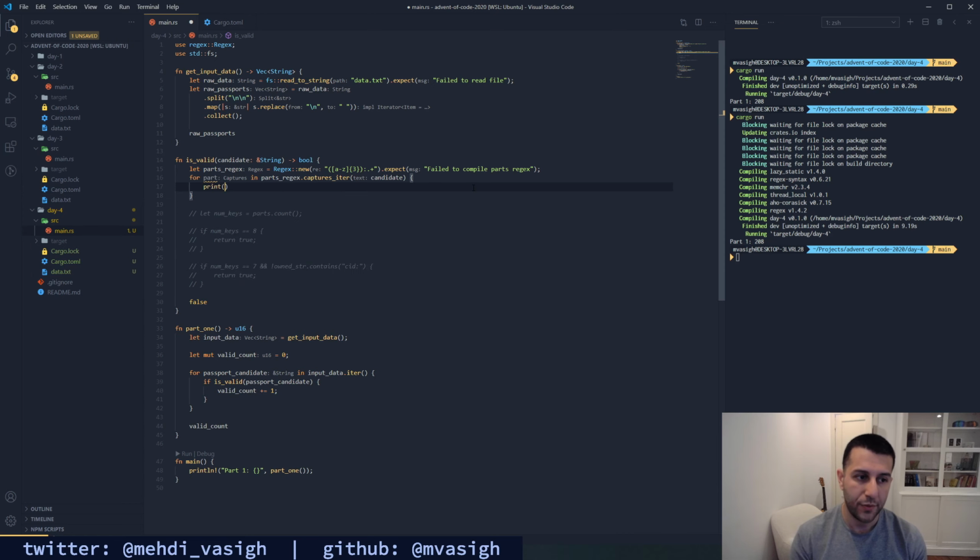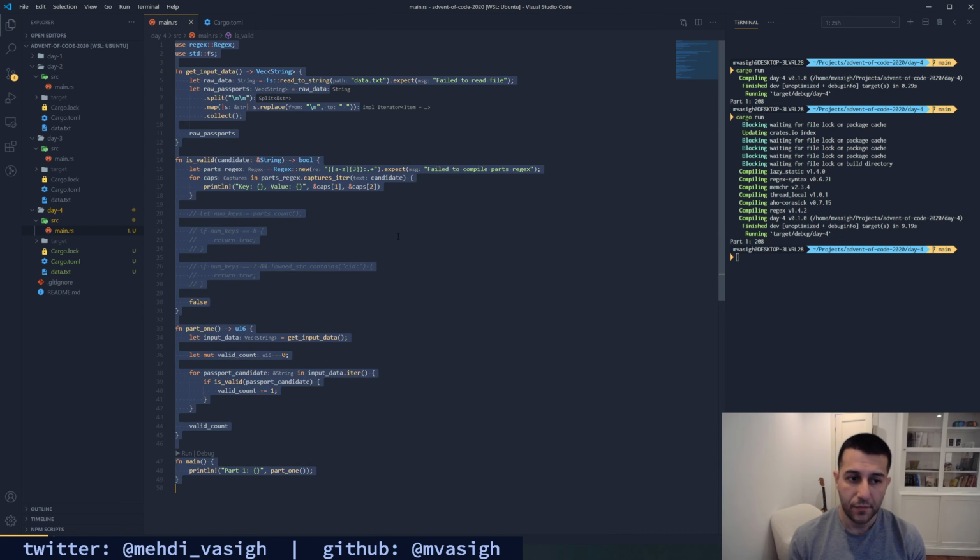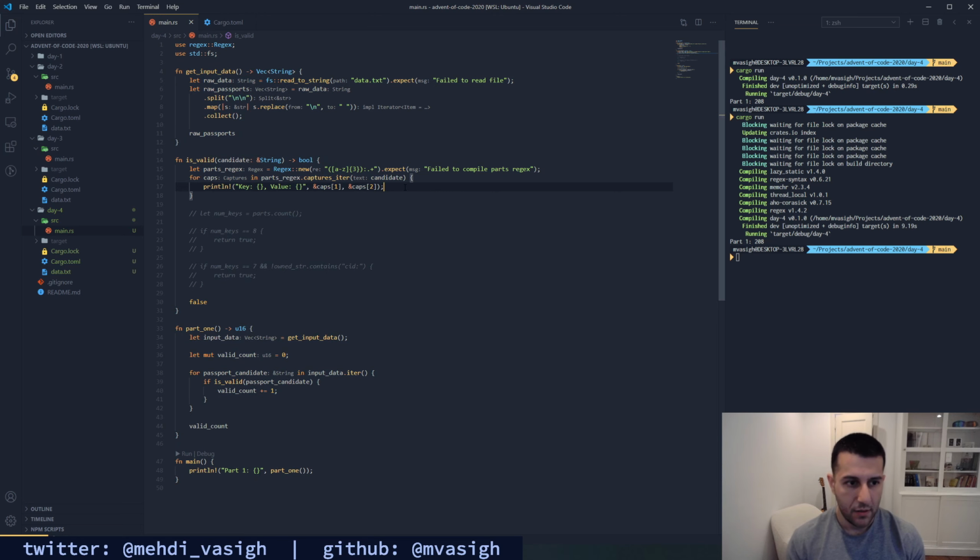So if we do println with key and value, and then maybe we should change part to caps, caps 1, caps 2, and then cargo run.